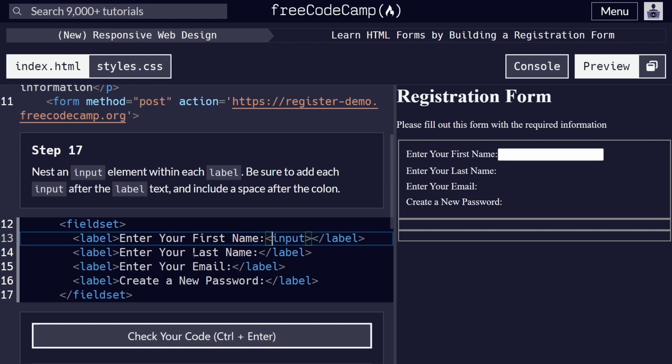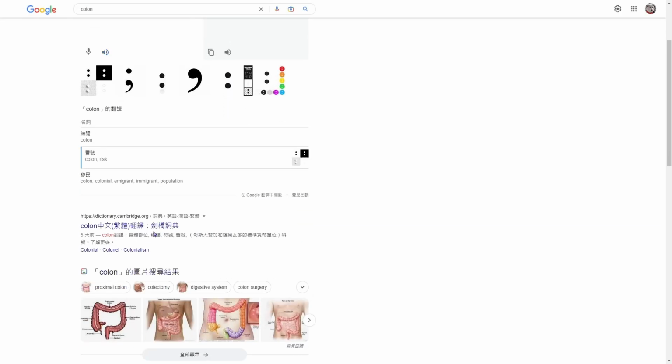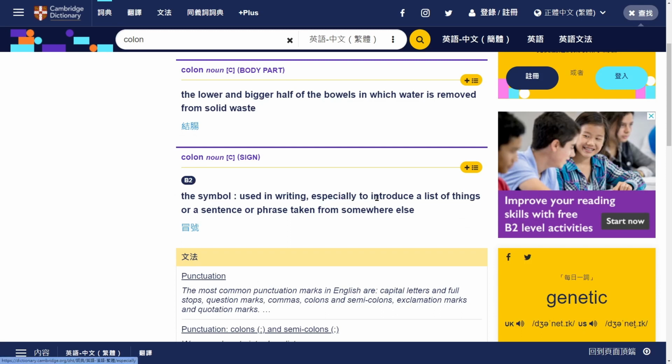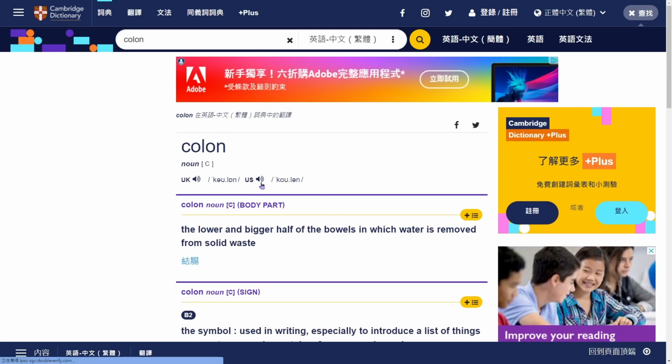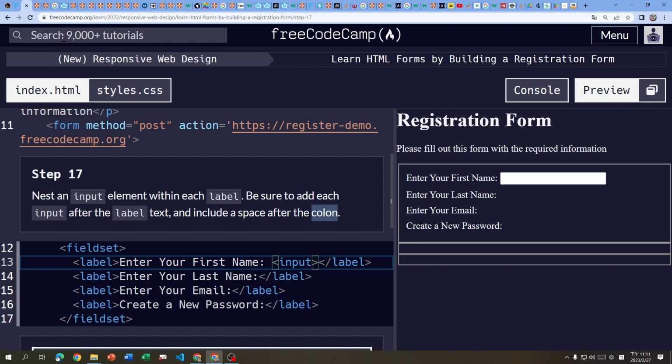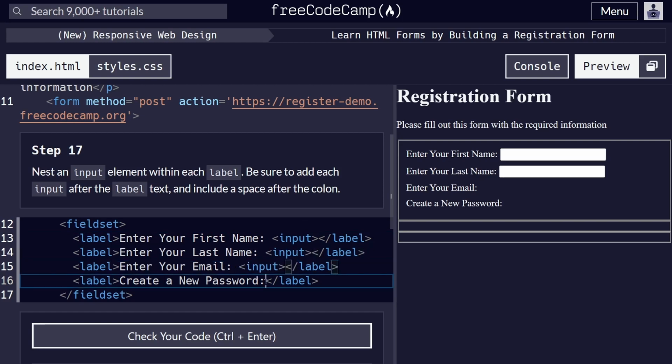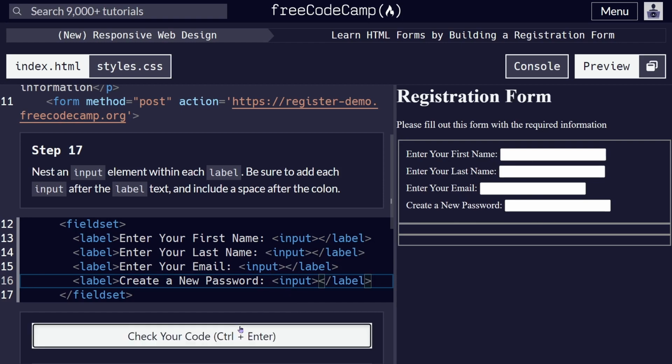还要加冒号、空格。Colon, a symbol used in writing especially to introduce a list of things or a sentence or phrase taken from somewhere else. 有，这里有 colon，后面有个空格。copy and paste，好可爱哦，这个 input。